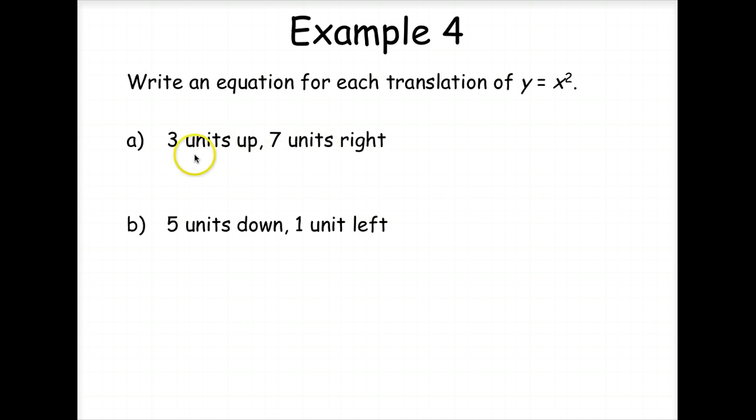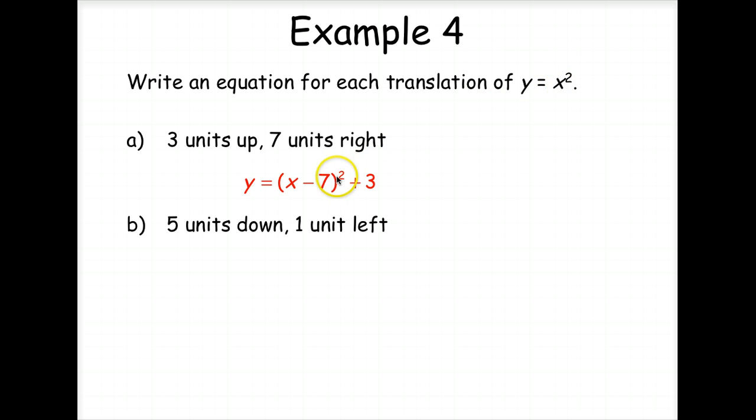Okay, let's try this and let's add a little more to it. We're going to write an equation for each of these translations using the parent function y is equal to x squared. So first of all, we need to go 3 units up. So thinking that part, the plus 3 is not going to be inside a grouping symbol. 7 units right. So you normally think of right as a positive, but because it's going right or left, it's going to go inside the grouping symbol, and it's going to be an opposite sign from what we think. So x minus 7 squared